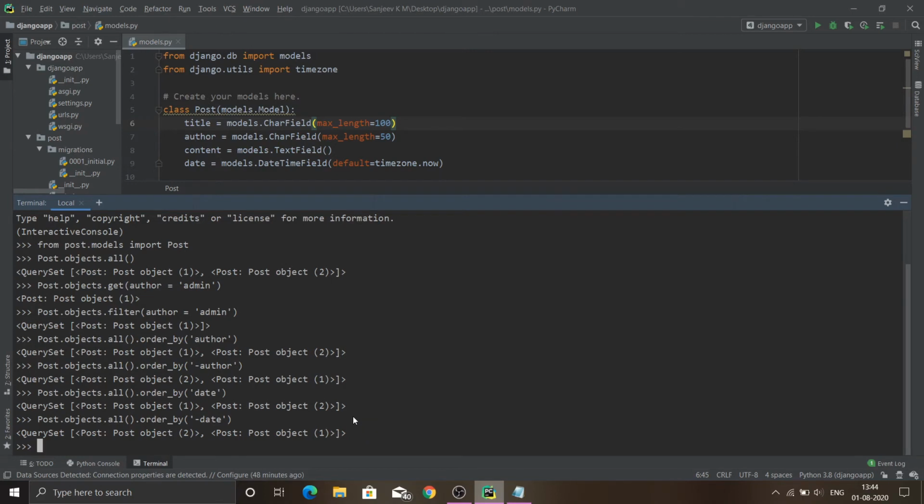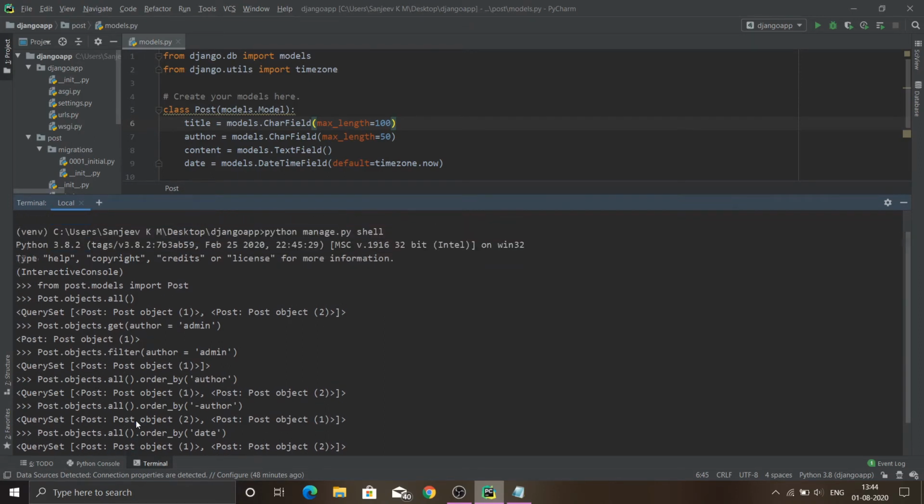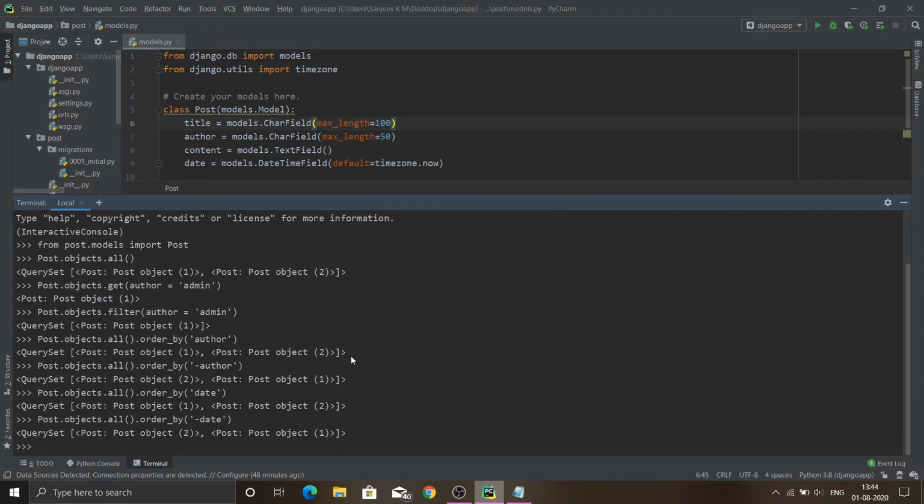So if I need to get a particular amount of data from the database, say the first 5 values, or the 20th to 25th values, how do I do that? As I said, the all method and the filter method return the list of objects present in our post, right?